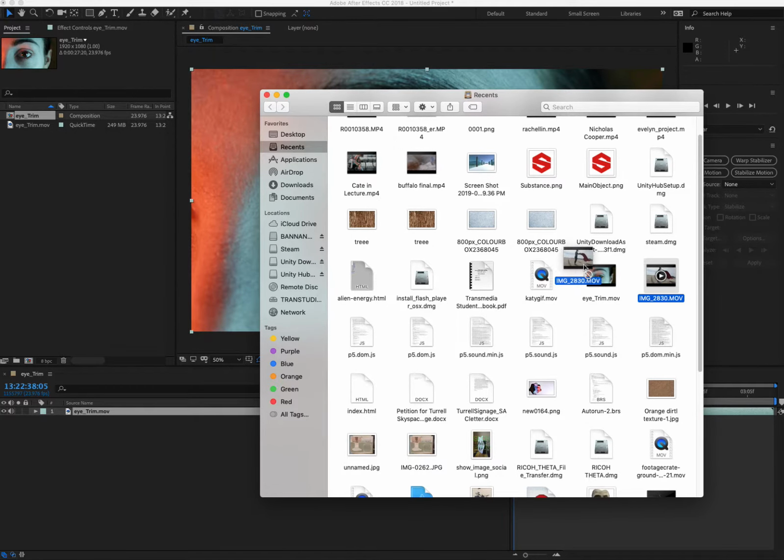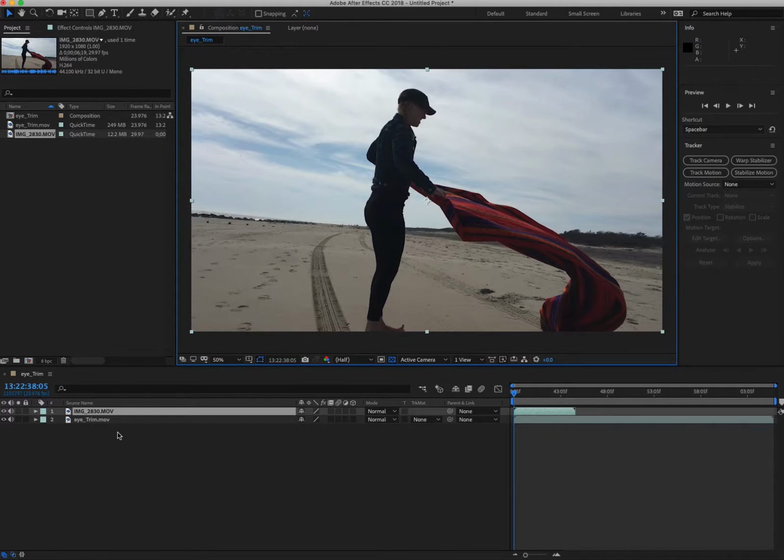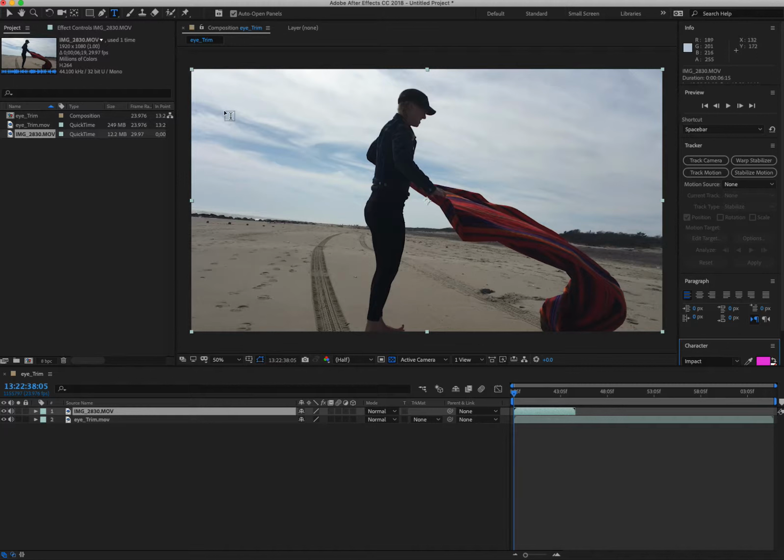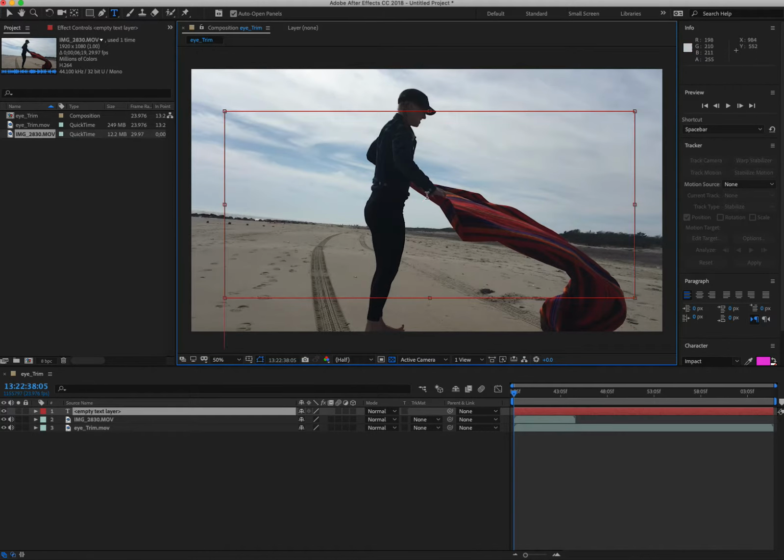So I'm going to use this footage. So a track mat is a way to sort of play with transparency and masks between two different layers. So you can also use masks. So what I'm going to do is I'm going to make some text on this top layer, and I'm going to write